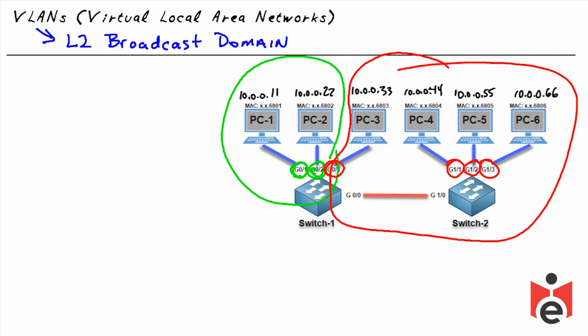And normally what happens as well, when we start carving up our networks into virtual local area networks, not only are we going to change the VLANs that devices are in, but we're also going to change the layer 3 IP network that they're in as well. So if these guys are in the 10 network, we might need to change all the addressing on these hosts in the red network and maybe put them on the 20 network, for example. But we can save the discussion about IP addressing and how that works in detail for another nugget,